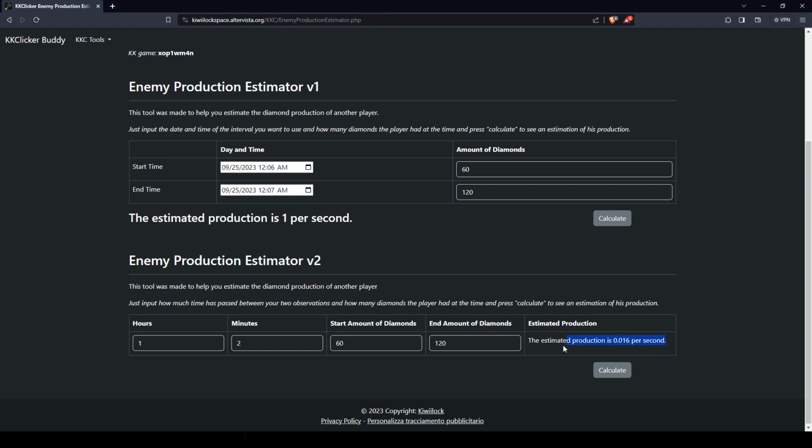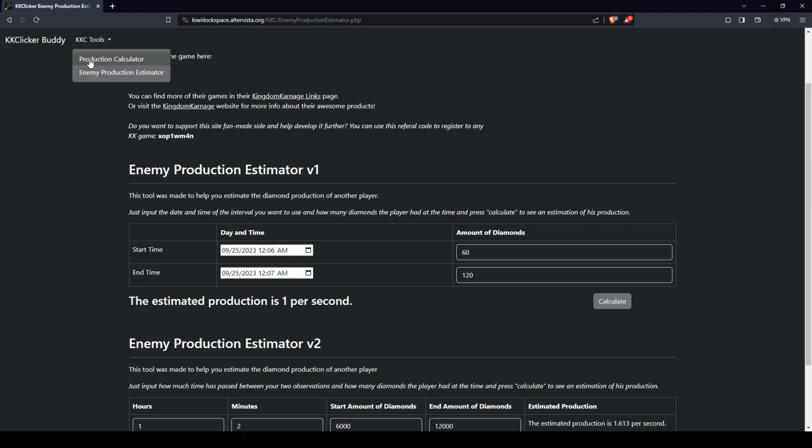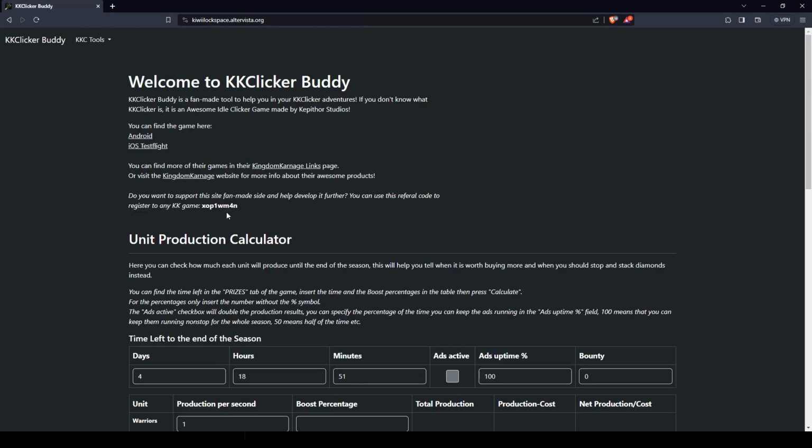And it's going to estimate the production. Of course, this is not realistic, no one is going to have that production ever, but it's just something you can use to estimate the production. Of course, numbers in real life would be much bigger and stuff like that, but that's the idea behind this tool. The part I'm more interested about is this part, and